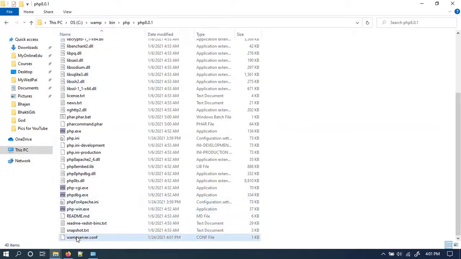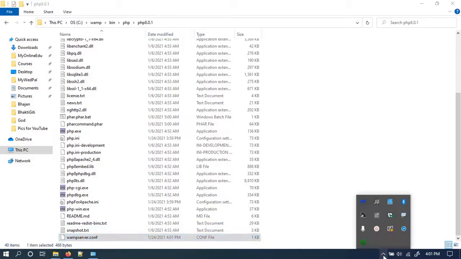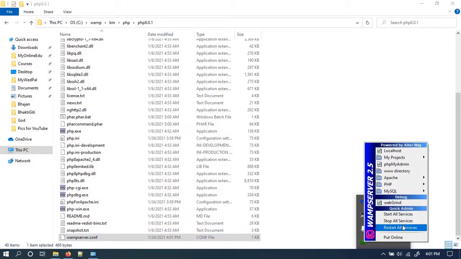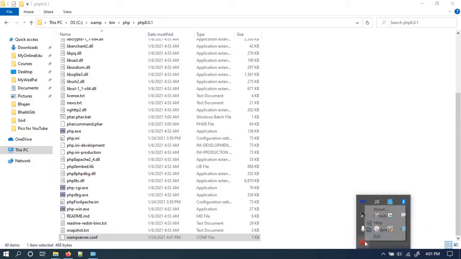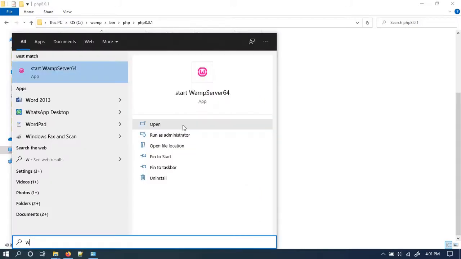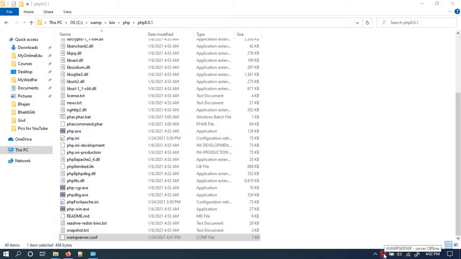Okay, so the important thing you need to do now is, the WAMP server is running, right? So now you need to stop all services and then exit WAMP. Once WAMP is exited, you need to start the WAMP server again. Now you see here the WAMP server is starting.